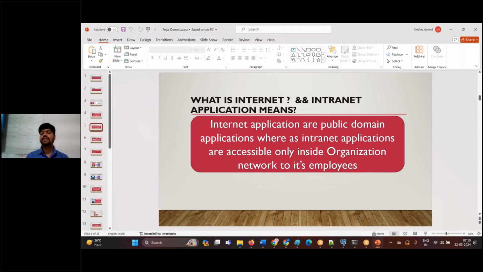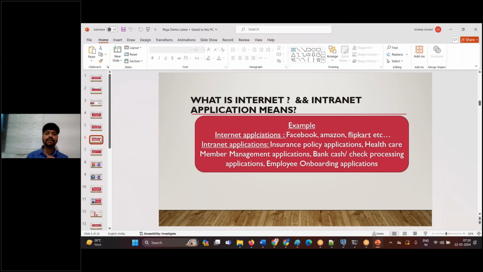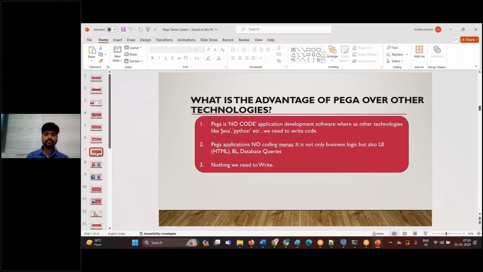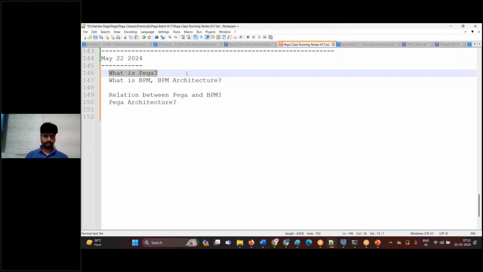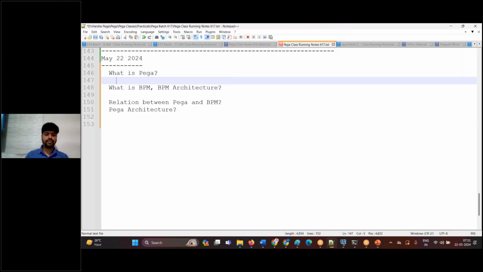And what is internet? What is intranet? I explained about this. Internet, intranet applications. Then see, you are going to use Pega mainly to develop intranet applications. In today's world, if you want to see a Pega application, you cannot see it in the public domain. There are no public domain applications available in Pega. Pega's purpose is mainly for creating applications which are meant for business processing,